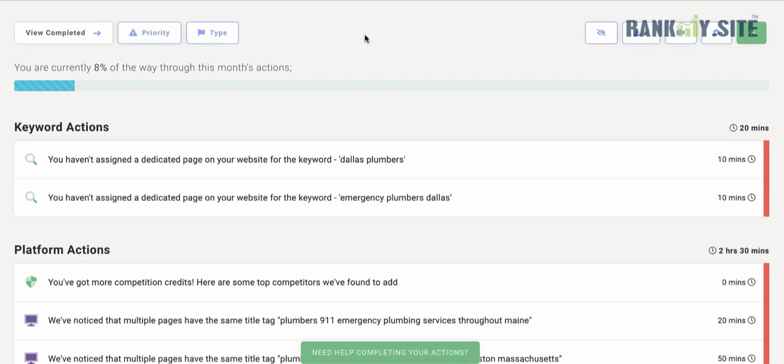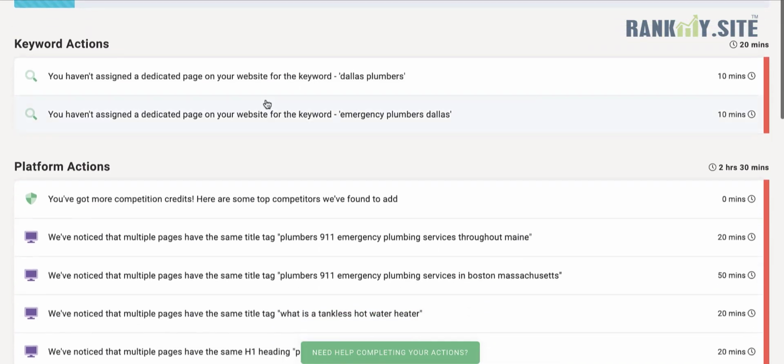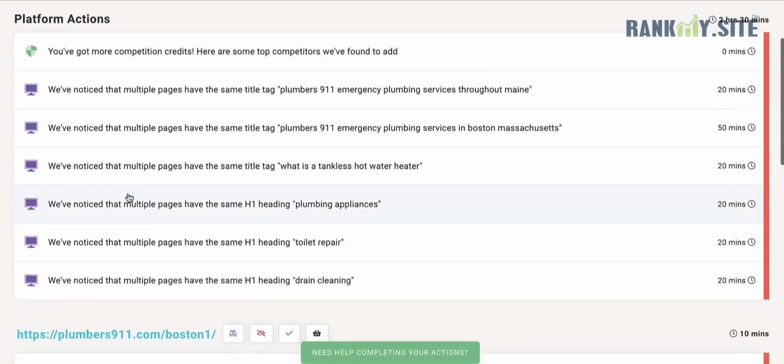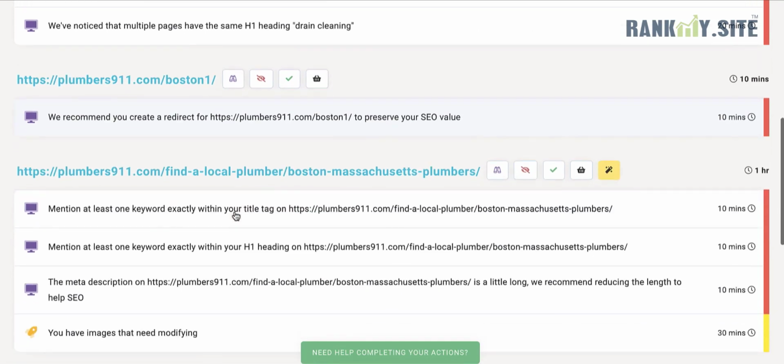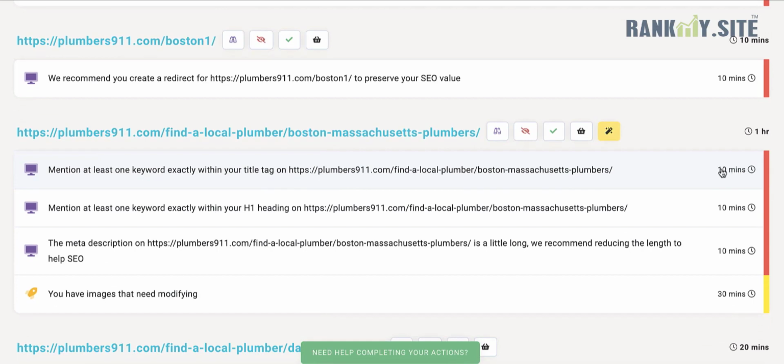And you'll get lots and lots of different actions. You'll get actions based on keywords. You'll get actions based on the platform and site-wide actions, so duplicate content, for example. And then you'll get actions on a page-by-page level. So these might be technical actions like creating a redirect, or some of them might be more content based, like mentioning a keyword within the title tag. For each of these actions, it tells you how long it's going to take,